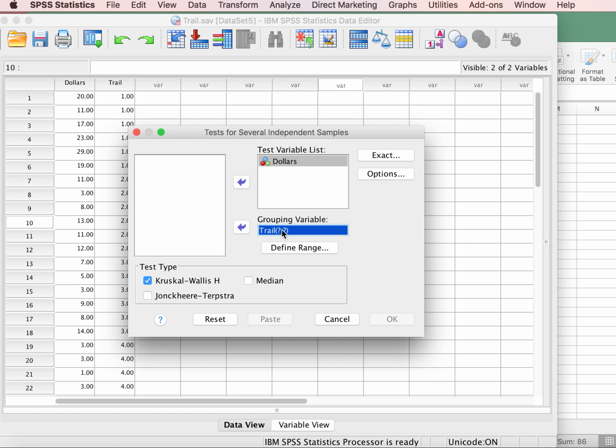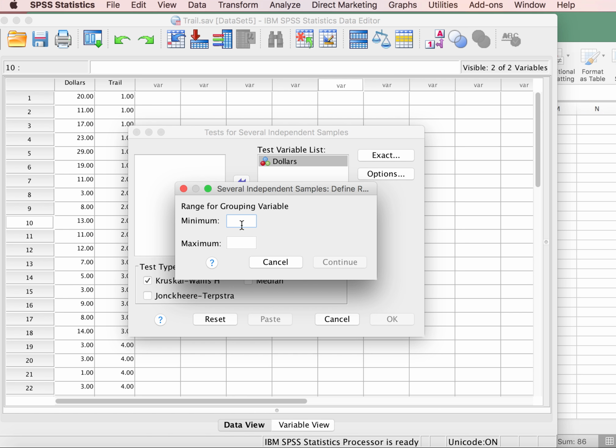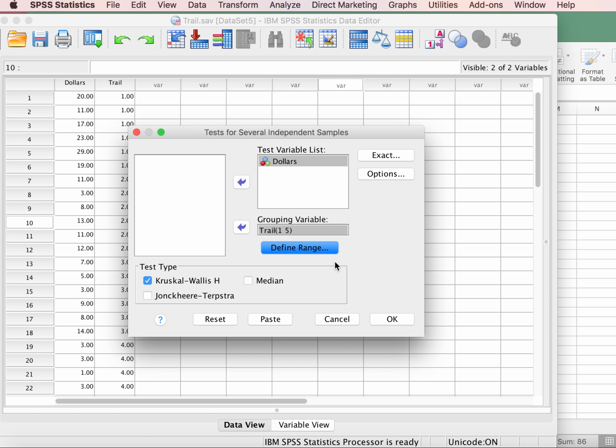the grouping. So we need to define the range. The minimum is a 1, the maximum is a 5. So we'll click on continue, and you'll see down here at the bottom, it's telling you it knows it's going to conduct a Kruskal-Wallis test. So let's go ahead and click on OK,